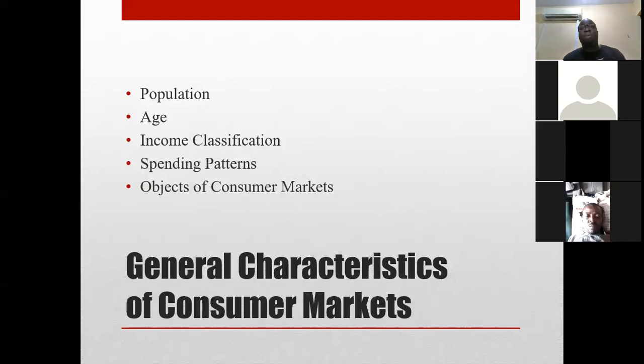So as a marketer, depending on what your product is, if your product is a luxury good, then you are more likely to target areas where you have low population density, because those are the people that can possibly afford to buy your luxury product. You understand? And if you are making something of less quality, then you are obviously going to be targeting more highly populated areas. All right, so that's for population.